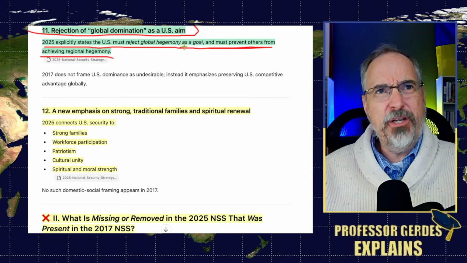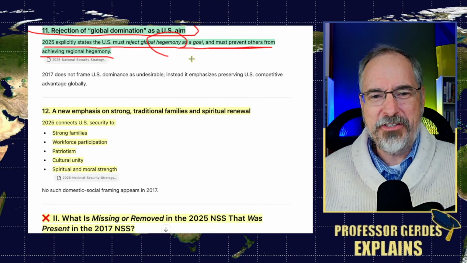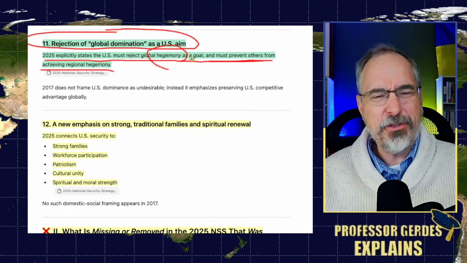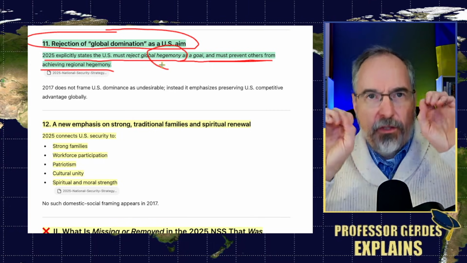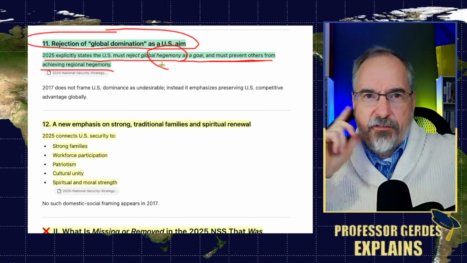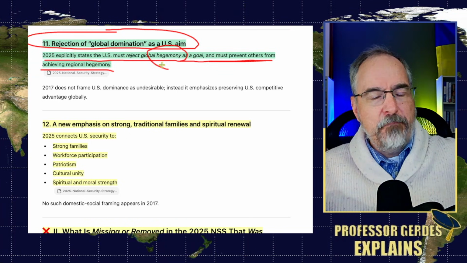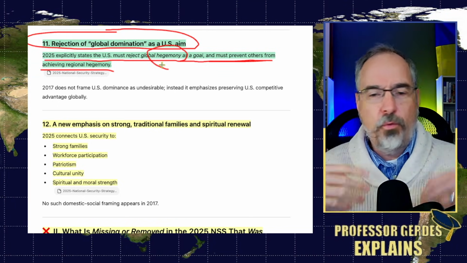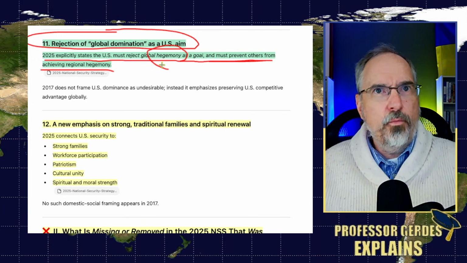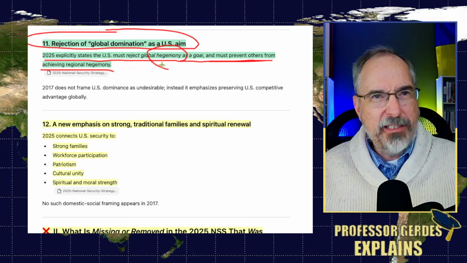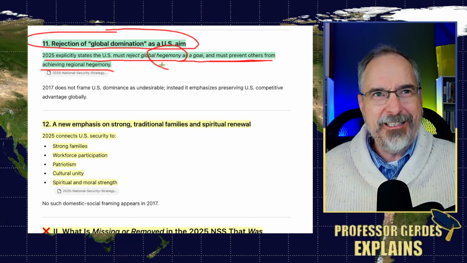Now, this hegemony word is something that the Russians tend to use a lot, talking about the United States. And the U.S. doesn't tend to talk about that very often, but yeah, global hegemony. Okay, so if the U.S. withdraws and creates a vacuum in leadership, what's going to take its place? And so I get it. You don't want the U.S. to be the world's policeman, but if you don't want that, then do you want China to fill that gap? Do you want Russia to fill that gap? Because those are the leading contenders.